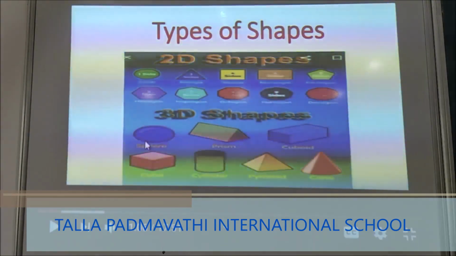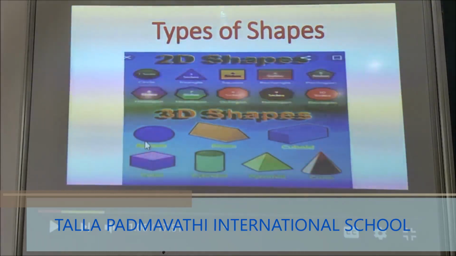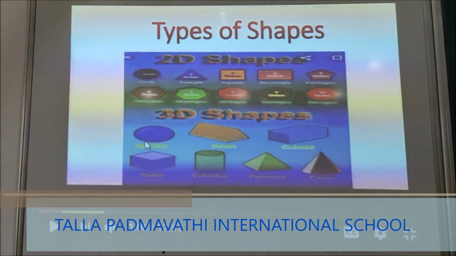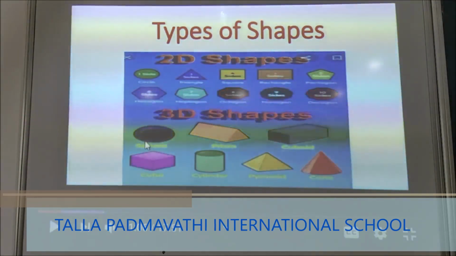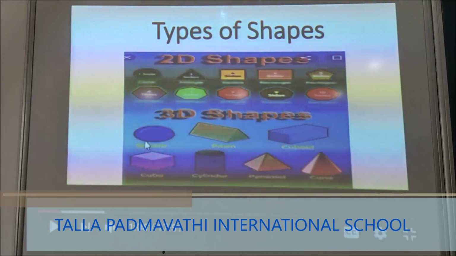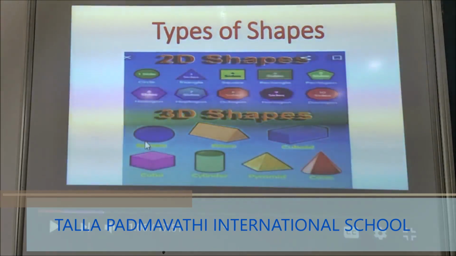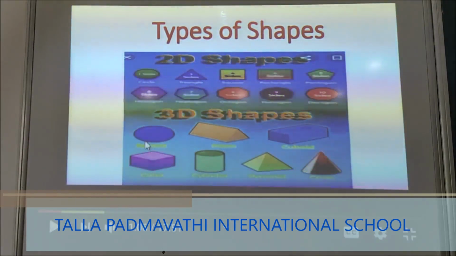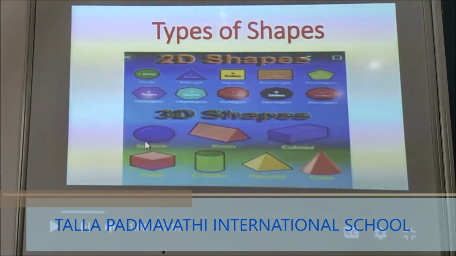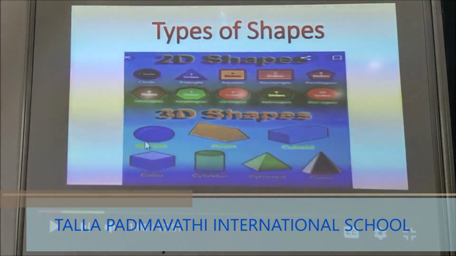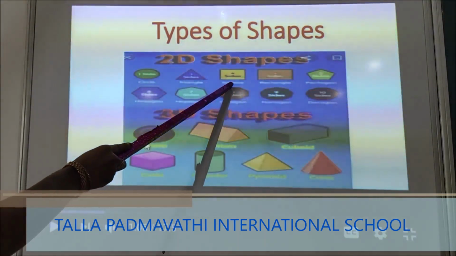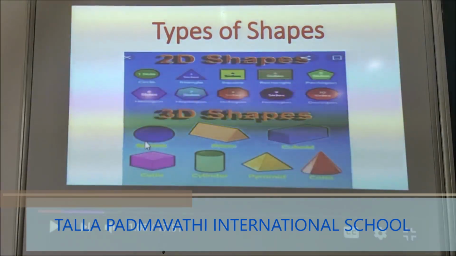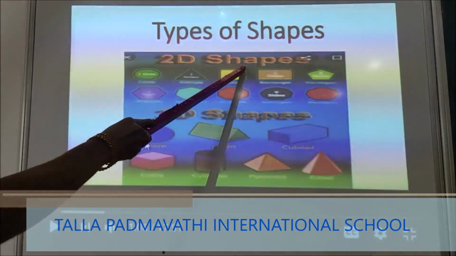Now let us see the different types of 2D shapes. The first one here is a circle. Can you tell me how many sides a circle has? Yes, there are 0 sides in a circle. Our next shape is the triangle. A triangle has 3 sides. Children, because the image is enlarged, the shape of the square is not perfect here, but I can tell you that a square has all sides equal and it has 4 sides.